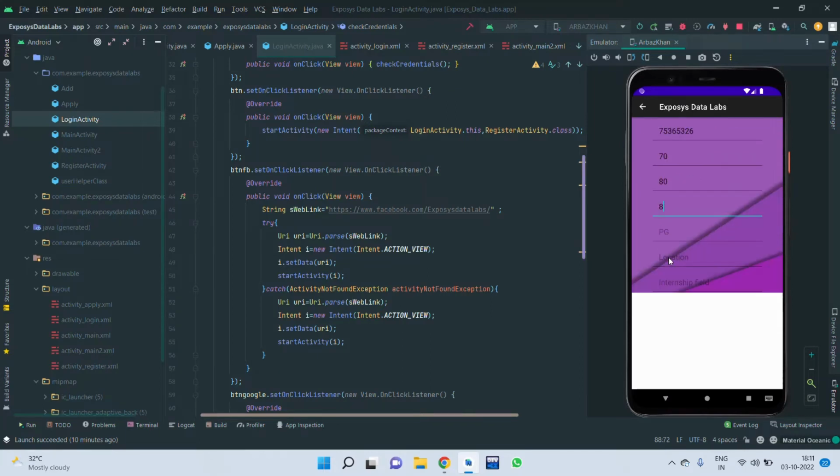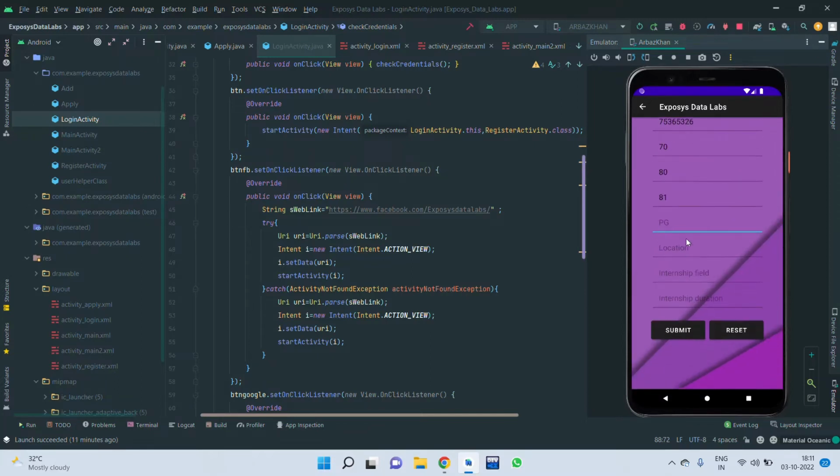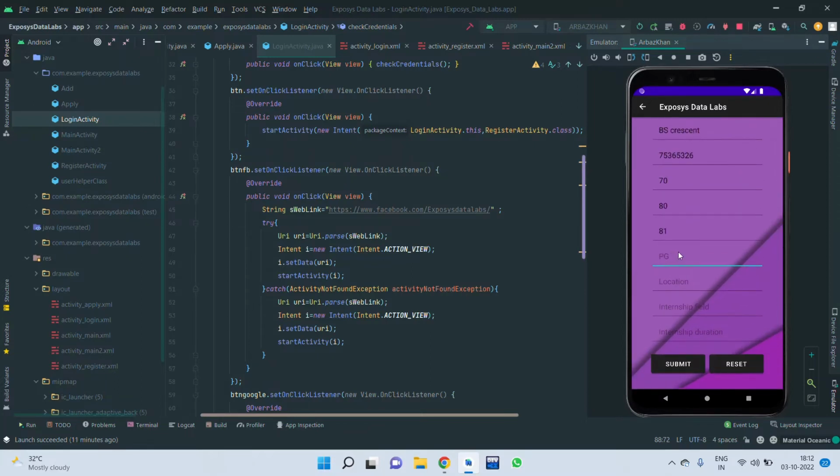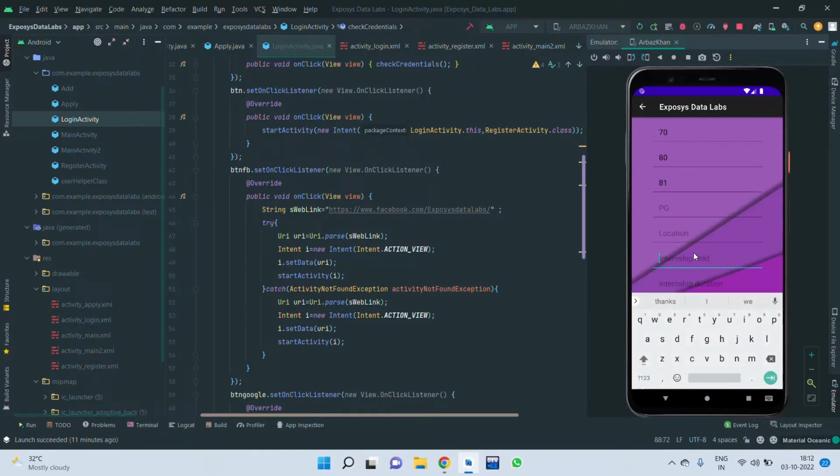We should also mention UG percentage. I can leave this PG section. Why? Because a student may not have completed his PG, so I can leave this. And the internship field, suppose I'm entering